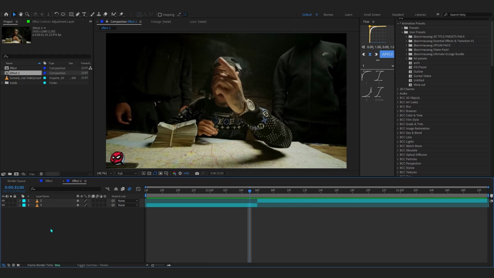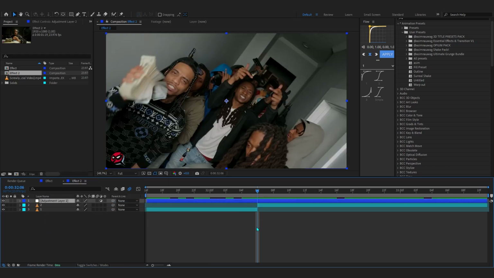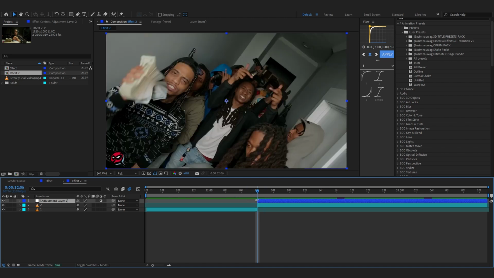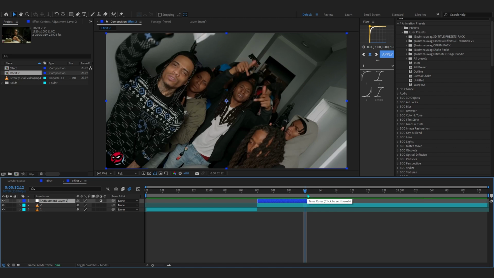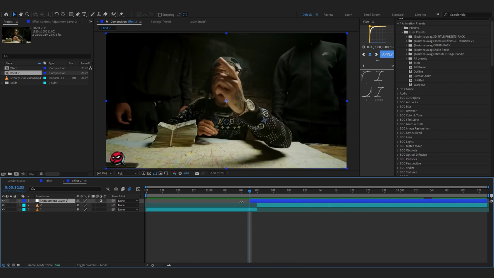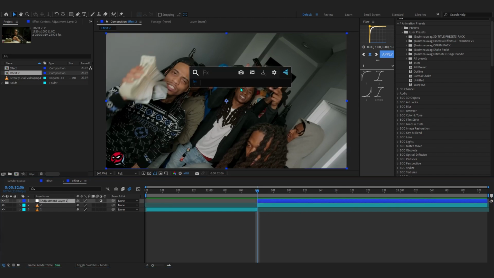So to start off, just right click on the blank space, go to New, and make a new adjustment layer right here, and just trim the adjustment layer to the duration of your second clip. If you don't already know, you can use the bracket keys on a keyboard to trim, or you can do it manually like this. But anyways, after the adjustment layer is done on your second clip, to make the wiggle, we'll be using